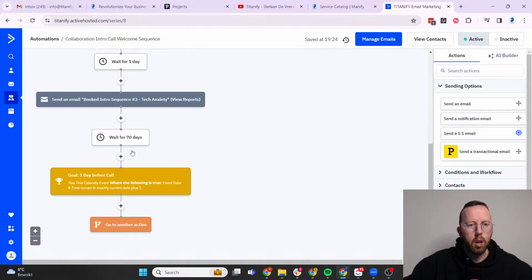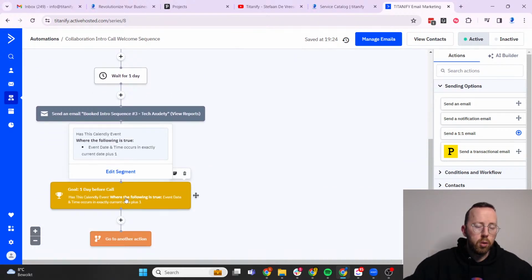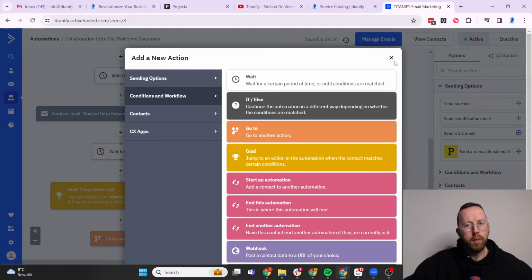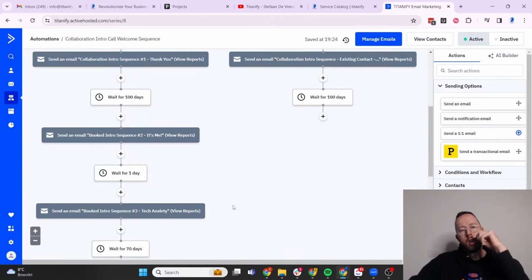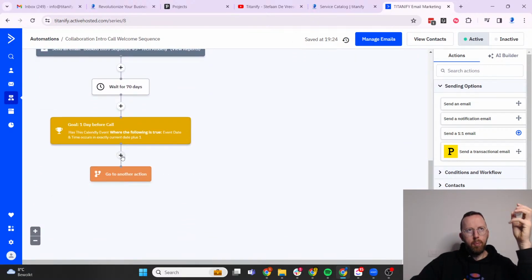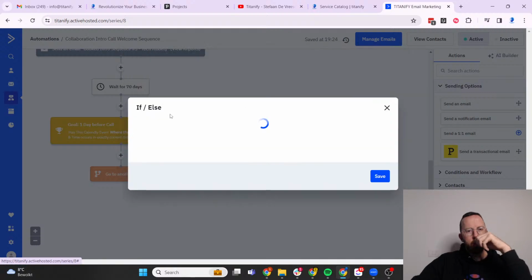that's what we need actually, because then even if they are at the first mail and the call is tomorrow, it would jump immediately to this one, and it would immediately jump into sending in a reminder email that the event is coming. They would not get the second and third mail anymore. What we could do is actually add a tag, or we could add a tag for each one that they see, or after the event what we could do, if